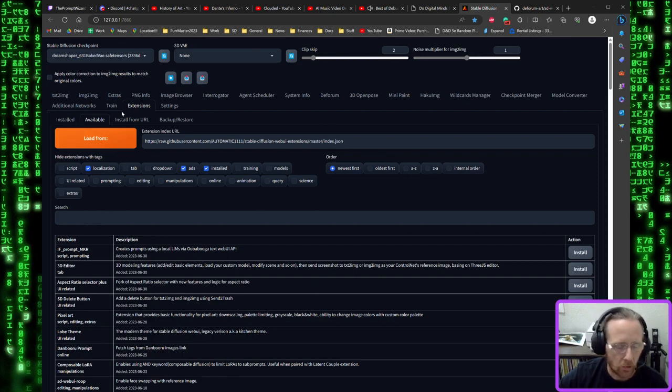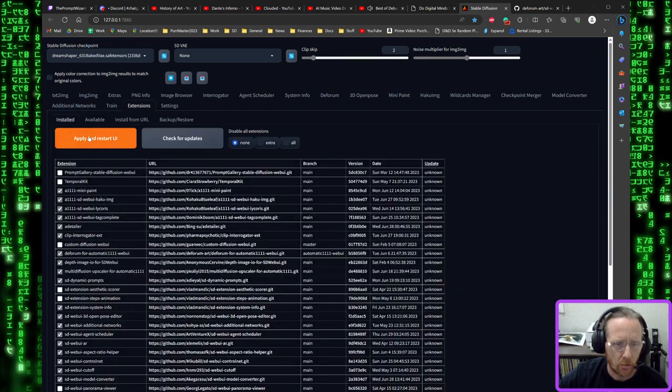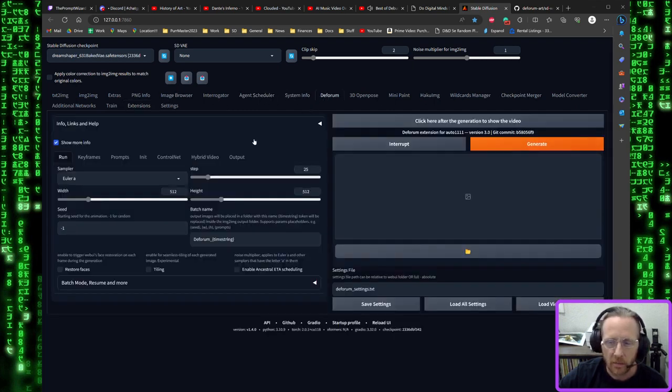when you restart your Stable Diffusion installation. When you hit Apply and Restart, a lot of times things don't work right, so I always just completely restart the Stable Diffusion program. So then you will have a tab that says Deforum. Okay, so let's look for a moment at some of the capabilities